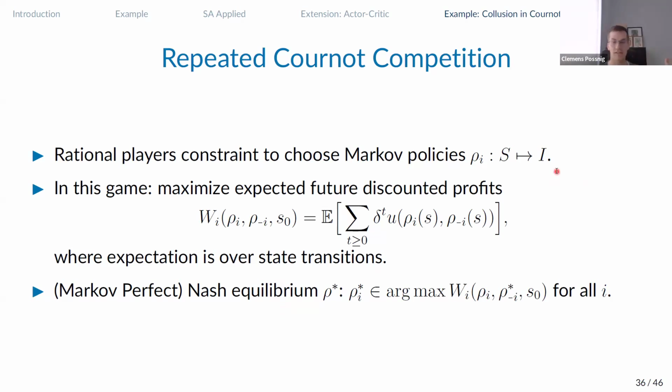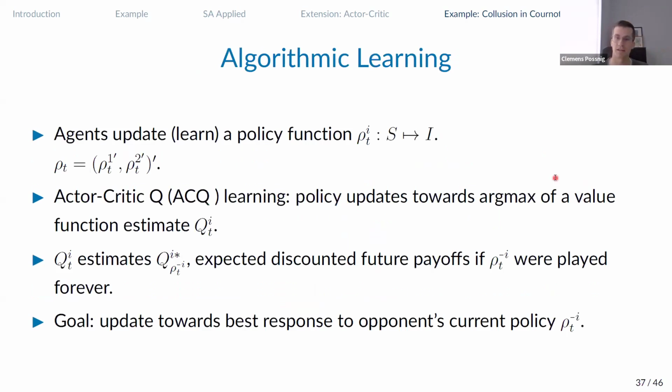All right, so now instead of agents that are rational, we're going to have reinforcement learners playing this game. And we now know what actor-critic learners are. We know what two-timescale approaches are, so I'm not going to talk too long about this. But basically, think of actor-critic learners playing this game. They have an actor scheme that updates their rho_t^i functions, which are their policies, over time. And they have a value function estimator, called Q_t^i, which, if you know Q-learning, is a Q action value function. They have this estimator running at the same time. So it's an actor-critic scheme with the goal to update policies towards best responses against your opponent's policy.